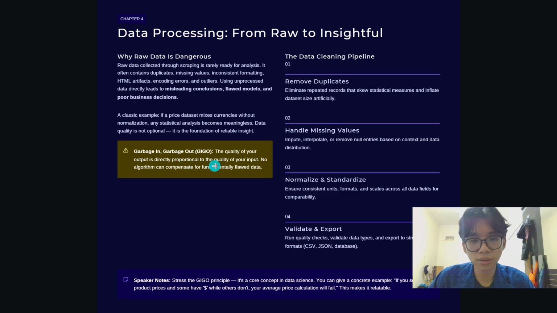Because of this, data cleaning and pre-processing are extremely important stages in the data pipeline. The process includes removing duplicates, handling missing values, normalizing formats, and validating the final dataset before analysis.